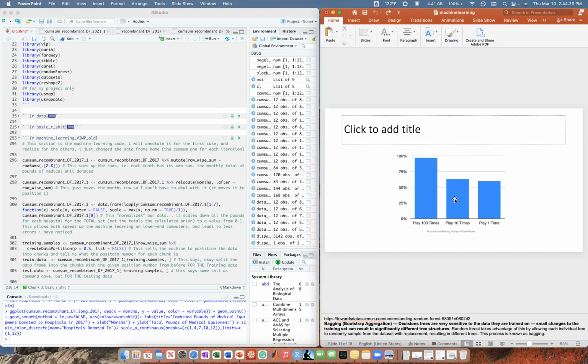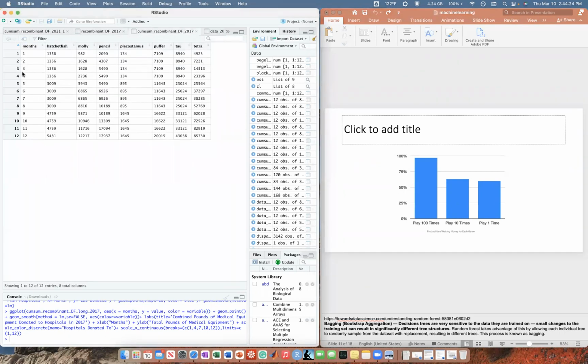So in your data set, let's go back to our data set. Okay, let's go to this one. Bagging says we're going to take the first 3 rows and make that our training data set. We're going to tell the machine, I want you to train your forests on this set. These are all you're given. Then we're going to split the rest, maybe rows 5 through 12, into your testing data.